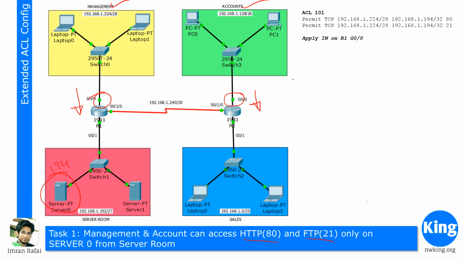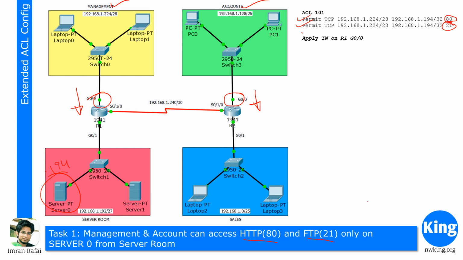194/32. That means we're talking only about this server 0. /32 is nothing but a host, and we're specifying destination port number 80, which we're permitting. That means we're permitting HTTP traffic. Then with the same command, we permit port 21, which is FTP traffic. And then, because we don't give anything else, at the bottom there is an implicit deny any, which